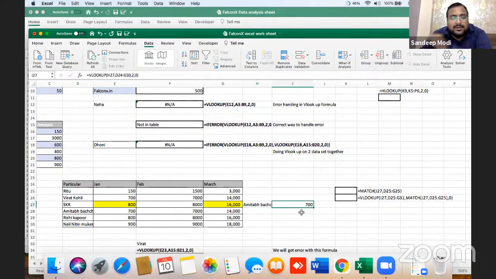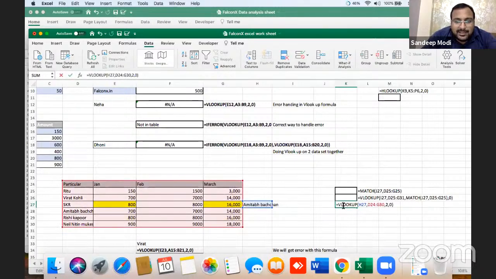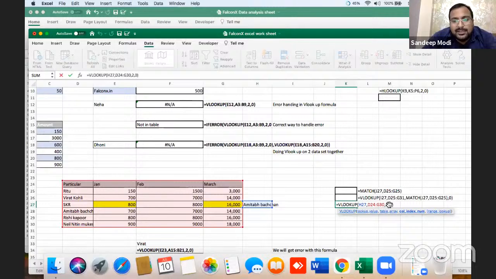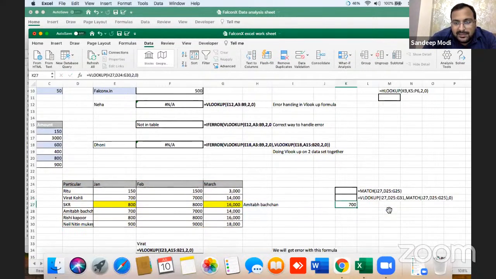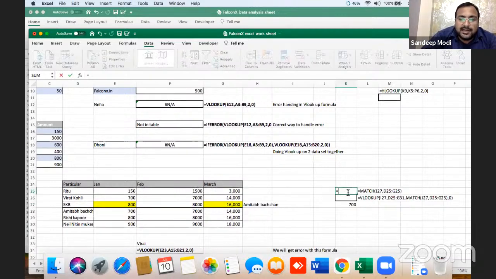Now here, what are we getting? We are getting 700. Why are we getting 700? Because we have selected here 2. But Sandeep, I want this 2 also dynamic. For example, I don't want the Jan value, I want the March value here. So how can we keep this 2 also dynamic? In Excel, there is one function called MATCH, which will return me that 2.